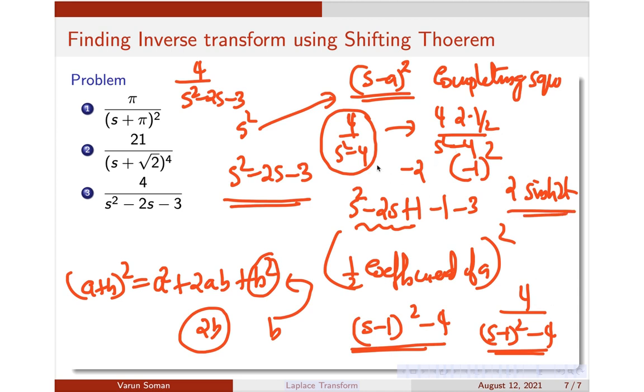Okay, so if you know the inverse transform of 4 by s square minus 4, what will be the inverse transform of this? In place of s you have s minus 1, so the inverse transform would simply have a factor of e raised to t also. So you can see that using this shifting theorem also you can do such problems. You can also try this problem using partial fractions, no issues. In the exam you can use any method, but I want to introduce you to this method also, that's why I have done it in this format.